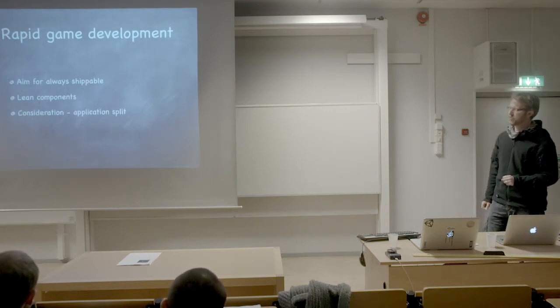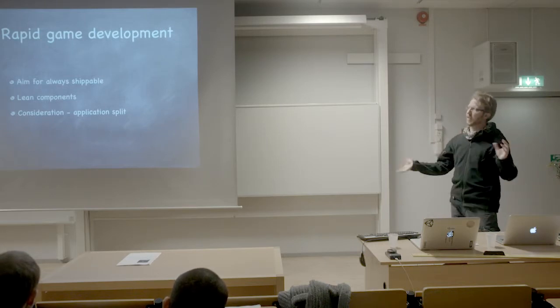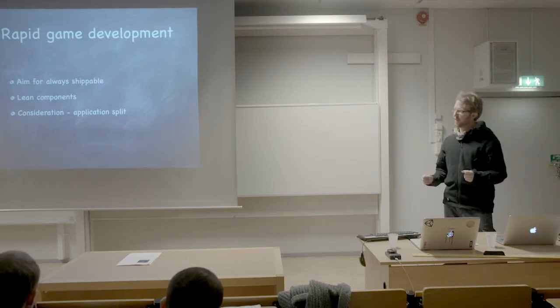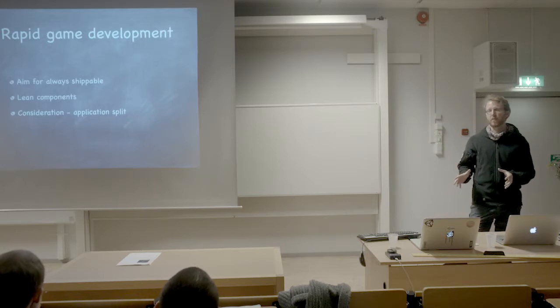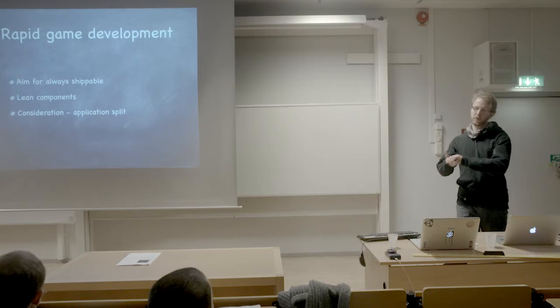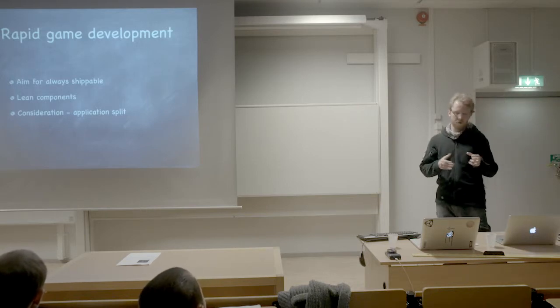I try and always go for some sort of separation of concerns, which I call consideration applications, but there's probably a proper name for it. For instance, in the case of movement of something, I like to have a component that moves an object or animates it based on some sort of